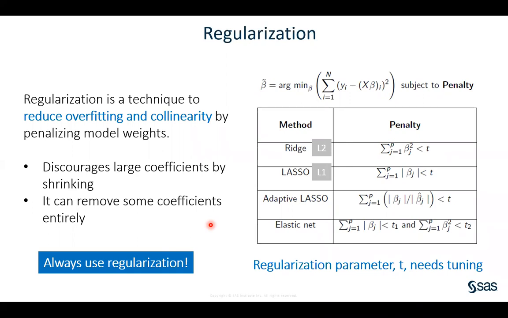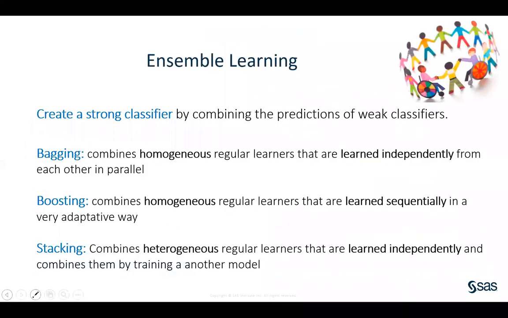As I say, this is not specific to regression models, especially if you have so many parameters, so many input variables in your model. You can use regularization with other machine learning models, such as decision trees, neural nets, and so on. Another way to minimize overfitting is to use ensemble